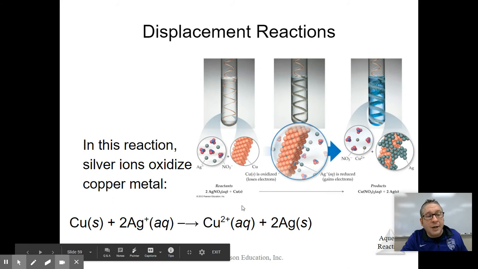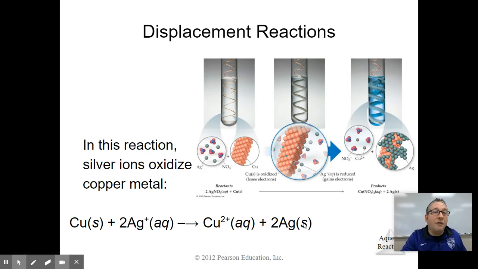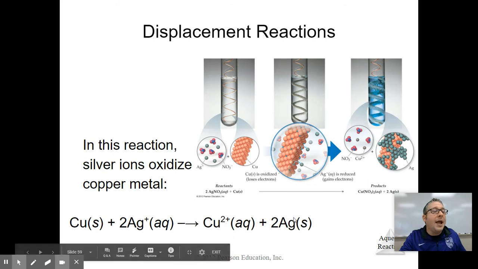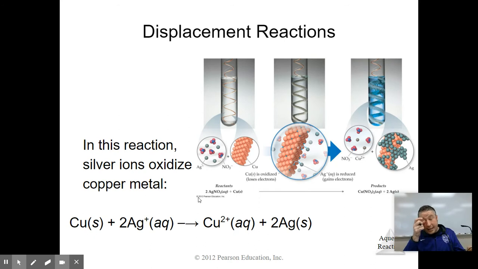So copper went from 0 to 2 plus, meaning it lost electrons. Silver went from plus to 0, meaning it became less positive. Therefore, it gained electrons, and that made it be reduced. So copper was oxidized, silver was reduced. So we're just looking at basically the oxidation values in a net ionic equation to help us determine who was oxidized, who was